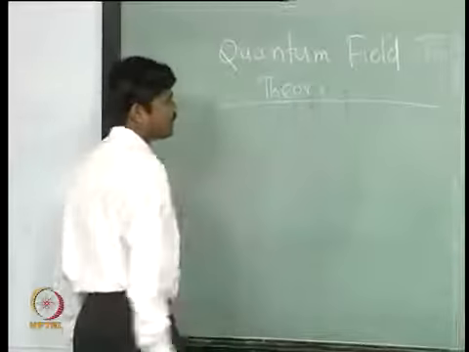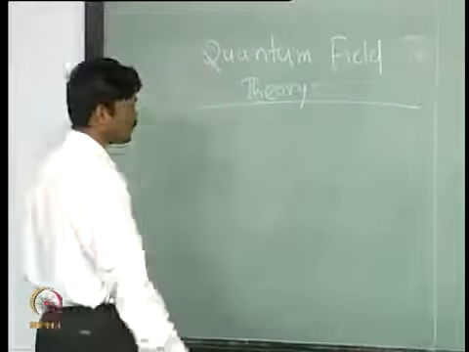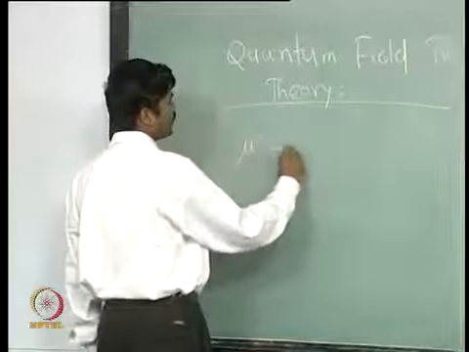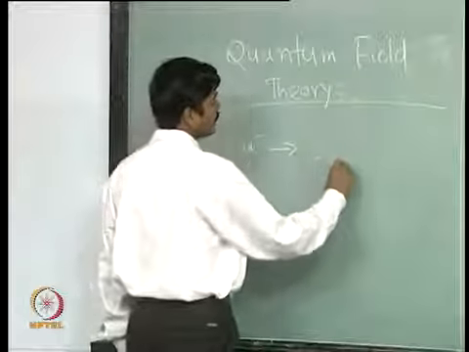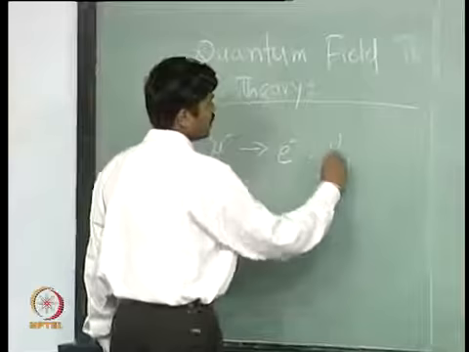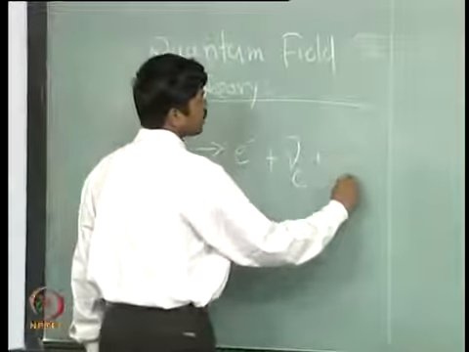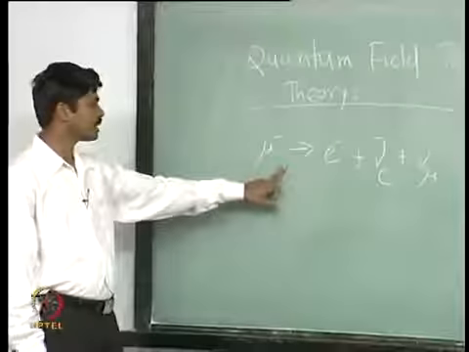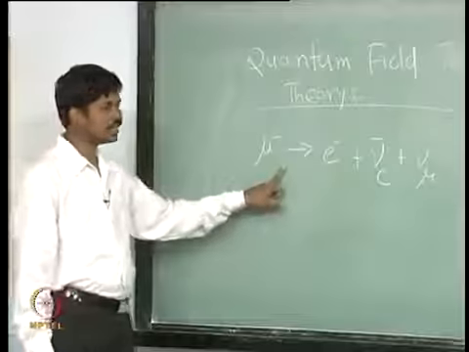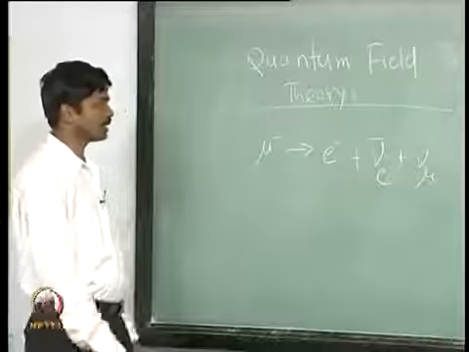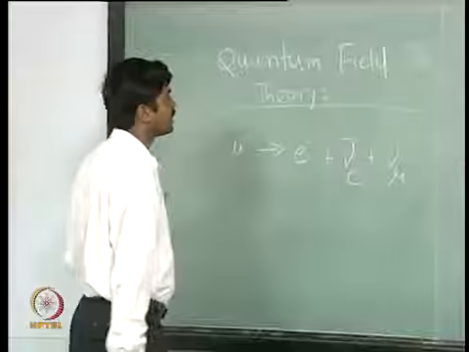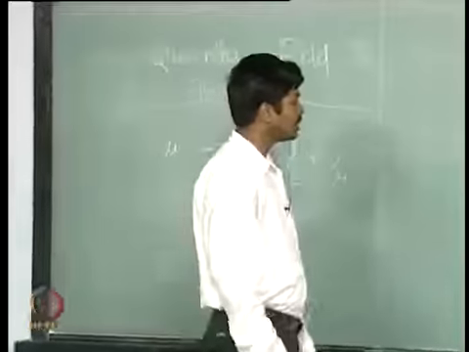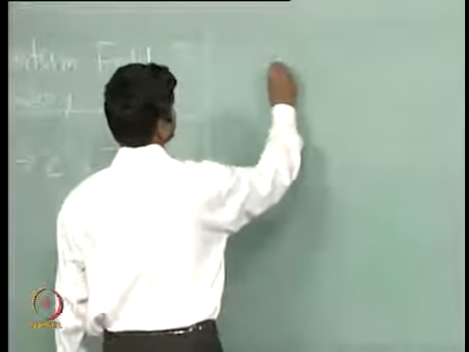However, there are processes which, for example, if you consider a decay process, let us assume the muon decay, mu minus going to e minus plus nu e bar plus nu mu. Then there is no way you can understand a process like this in non-relativistic quantum mechanics. So, the question you can ask is, suppose you want to consider the relativistic generalization